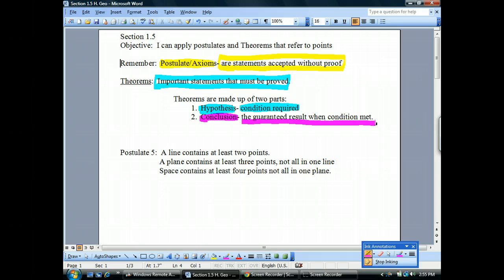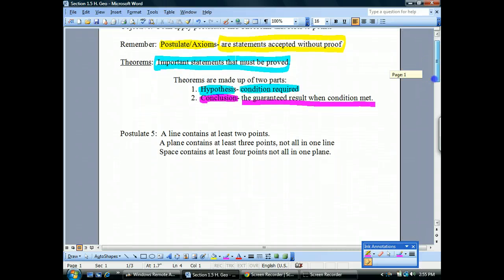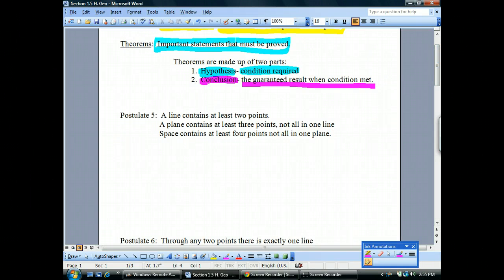Okay? So we are going to learn today our first postulates and theorems, and I want to let you know that even though I've included numbers here, I do not want you to memorize the numbers. I want you to memorize what they say. Okay? So the first